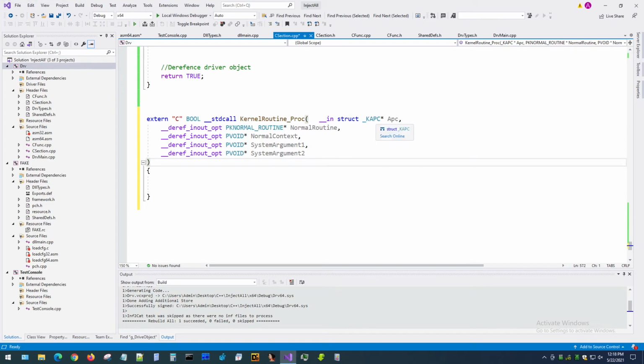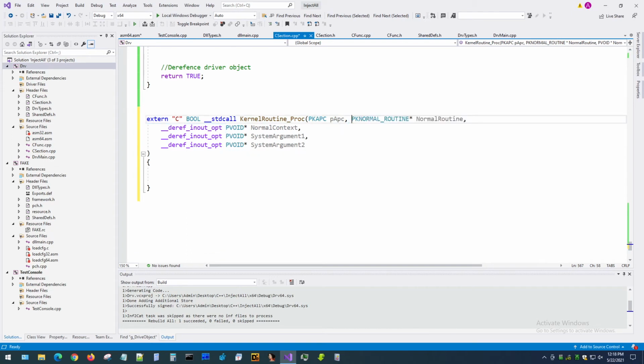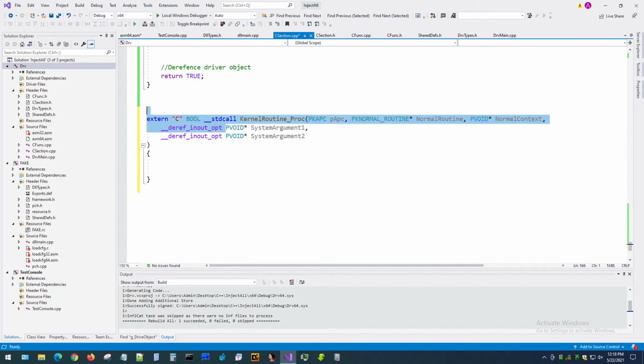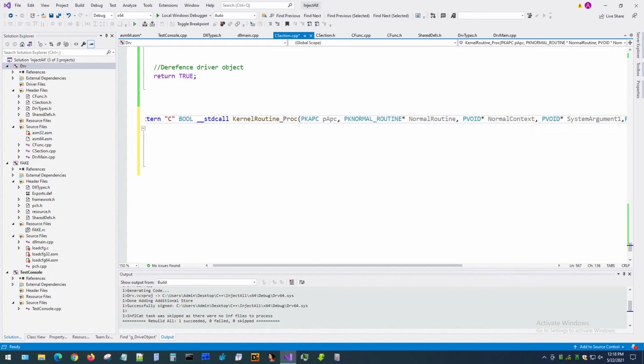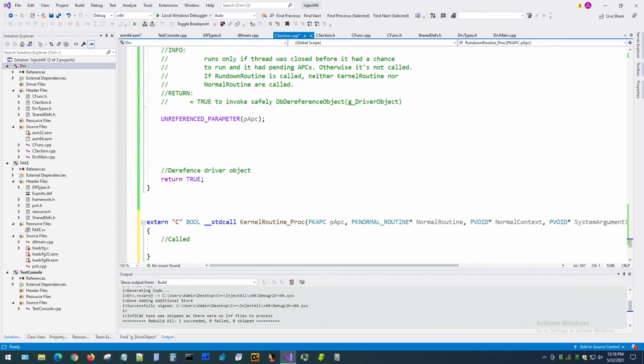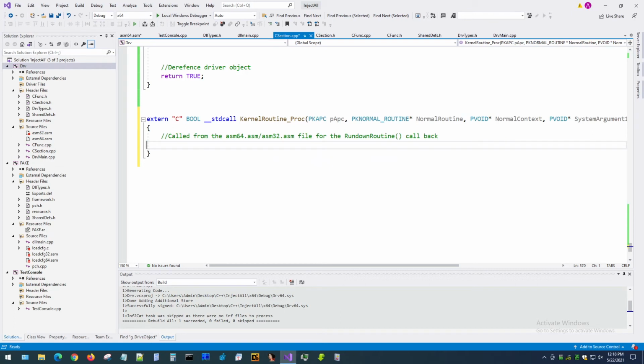I'm going to simplify this thing because it's just too much typing here. And I'm going to put this here. I'm going to put this here. I'm just going to prefer to have them on one line. Okay, so that basically gives us, let's just move this over here, this little definition of the function, and let's just say, you know what, we can just take it from here. Again, a little comment that it's called from